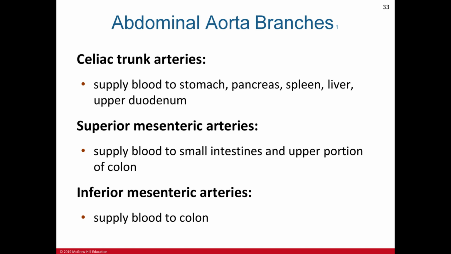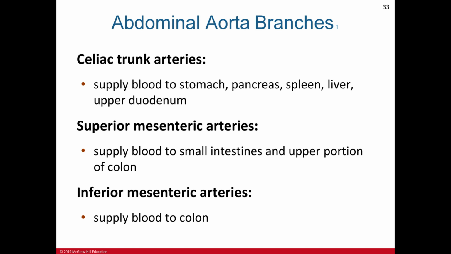groups. There are three major unpaired branches of the visceral arteries. So these are the celiac trunk, the superior mesenteric artery, and the inferior mesenteric artery. Again, these are the unpaired branches of your visceral arteries. So the celiac trunk supplies blood to the stomach, pancreas, spleen, liver, and the upper duodenum, while your superior mesenteric artery is the one that supplies blood to the small intestine and the upper portion of the